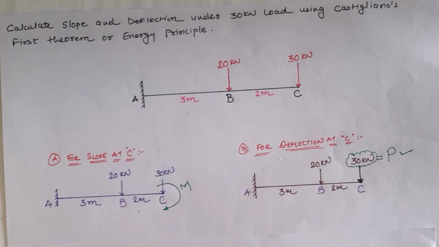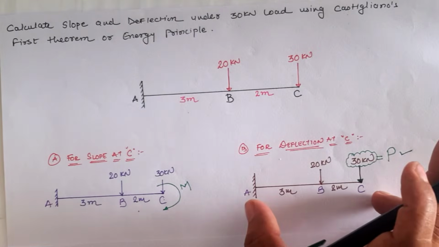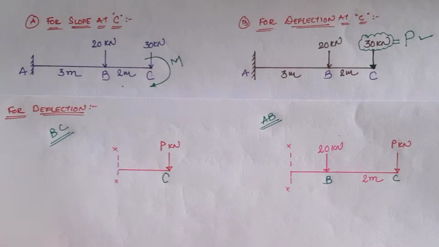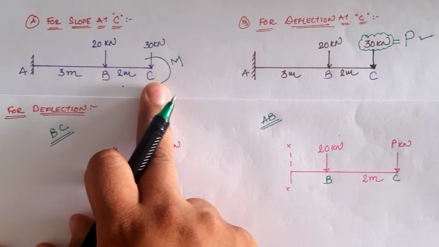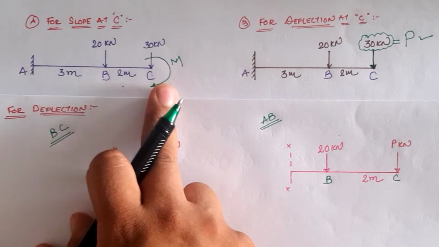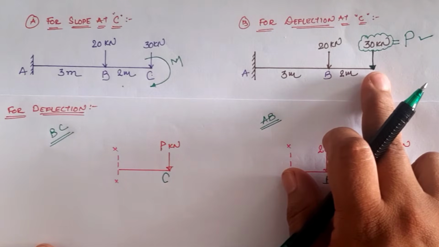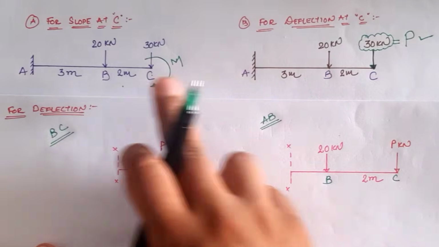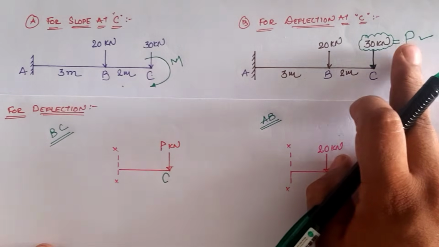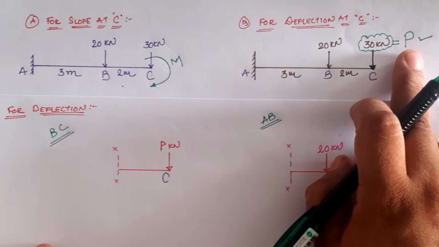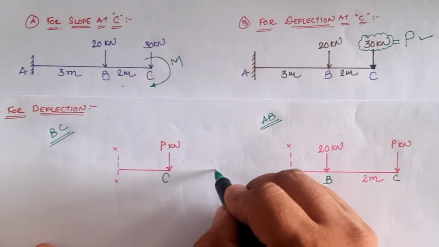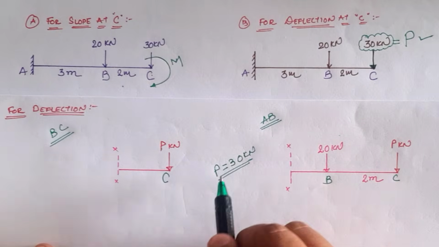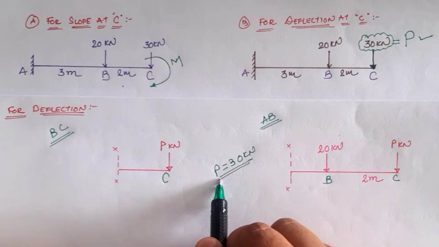So let us go for the segments of the given section for the deflection. As we solved for the external moment, or we can say the rotation of C, the same steps will be followed for the deflection at location C. The difference is that instead of moment we are going to use an arbitrary load, which is P. In this term P is equal to 30 kilonewton, but we are going to use this value after the integration.